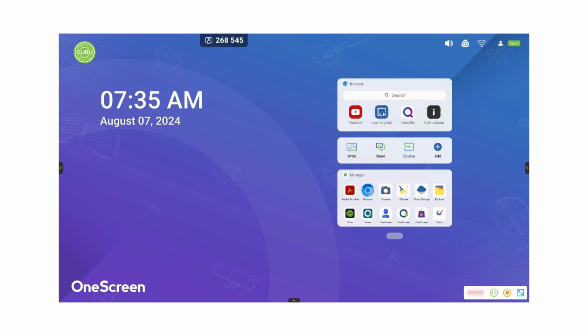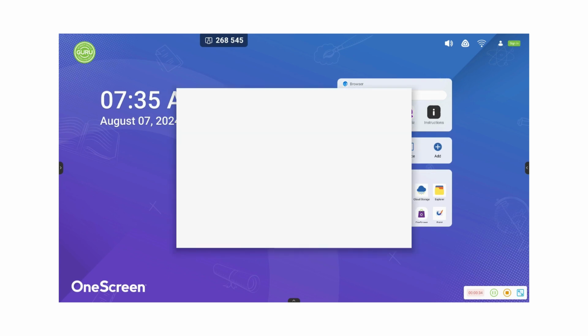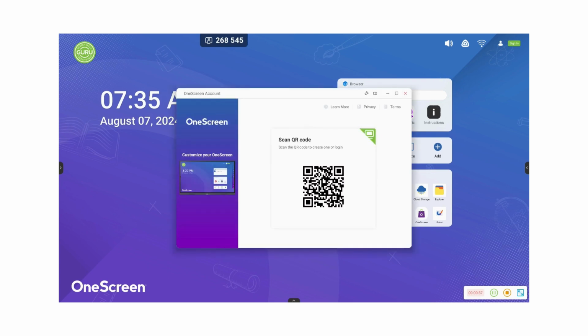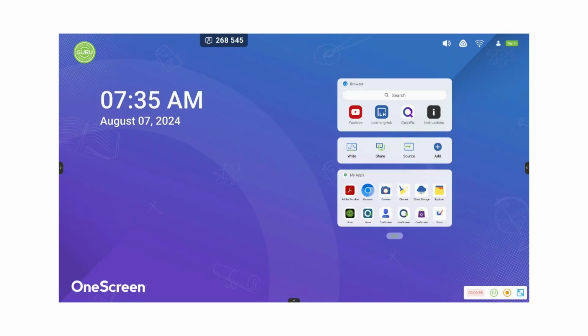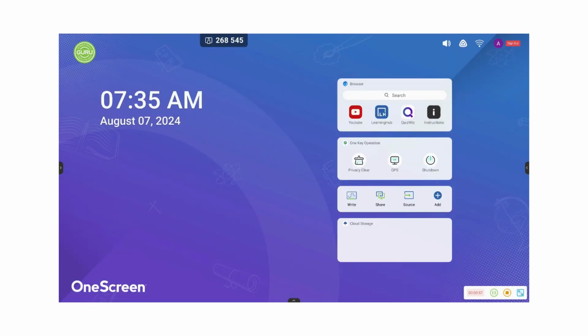You don't have to carry your USBs or laptops around. So just simply tap on sign in. You can either sign in via your credentials or you can just simply scan the QR code. I'm going to try scanning the QR code here and then simply logging into my account. So once you've logged in, it's going to customize the screen as per your need or as you've set